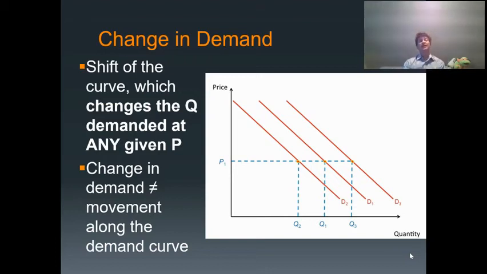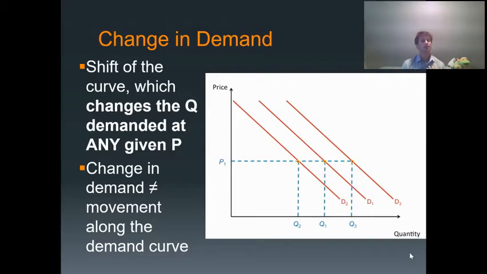Here is where we get into some of the trickier stuff. Now we're finally going to shift demand or change demand. So this is when you move the entire curve. So it's a change in quantity demanded at any given price. So something fundamentally had to change about people's desires to purchase this product or service or whatever it is that